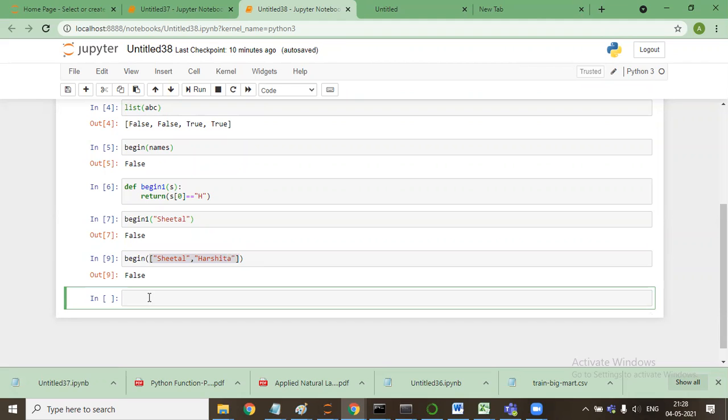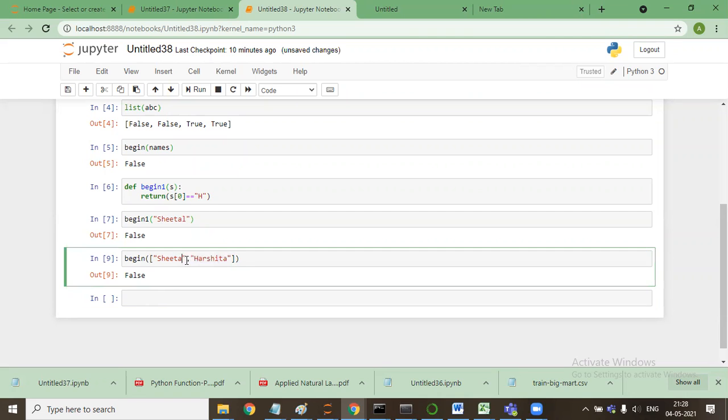Sir, if we are directly passing the list, it is only taking the first element, right? Yeah, it will take the first element.